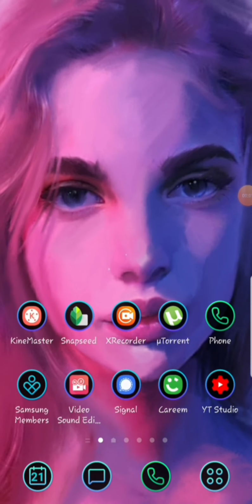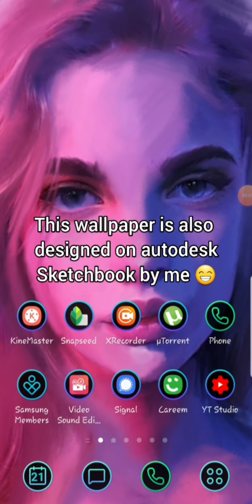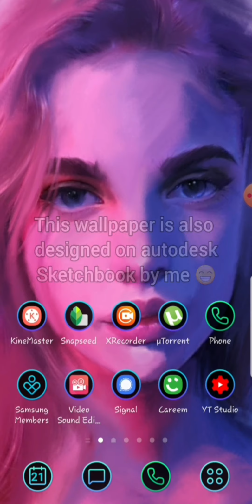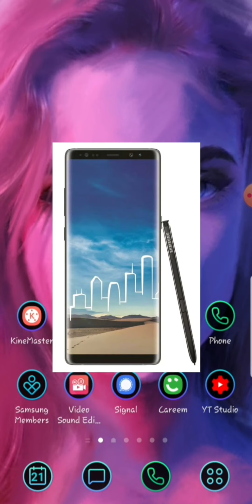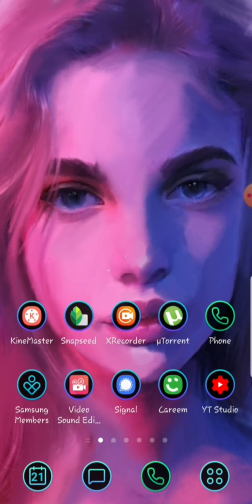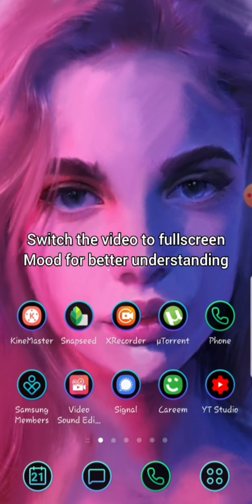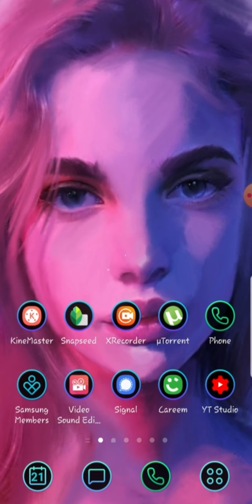Hello guys, this is the first tutorial. I'm going to teach you digital painting, and for the purpose I'm using a Samsung Note 8 with a stylus pen. So you can join me if you have any other cell phone which has a stylus pen, or any other tablet, or any other PC which has a Wacom or something like that. So it's quite easy.